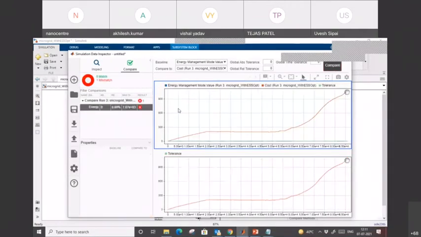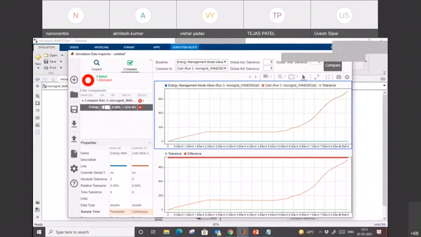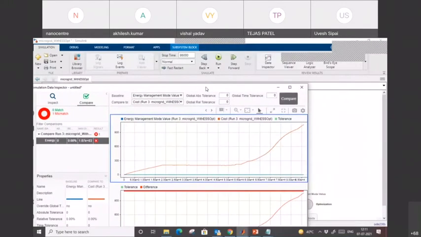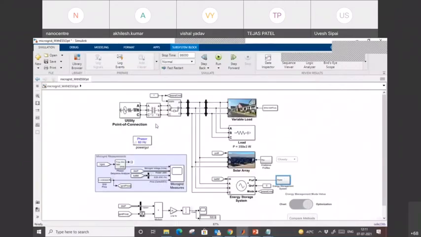Let me compare that. Here we can compare and check the differences, right? That's perfect. So in the same platform, in the same window, we can compare it also.